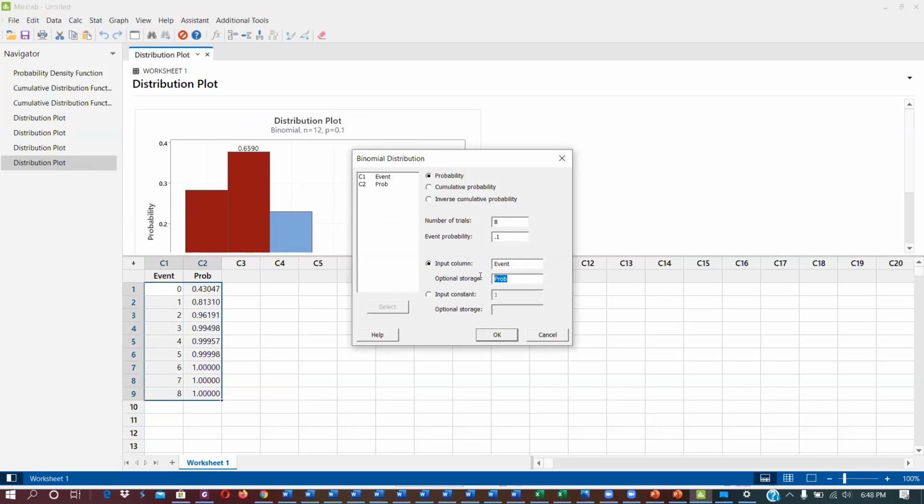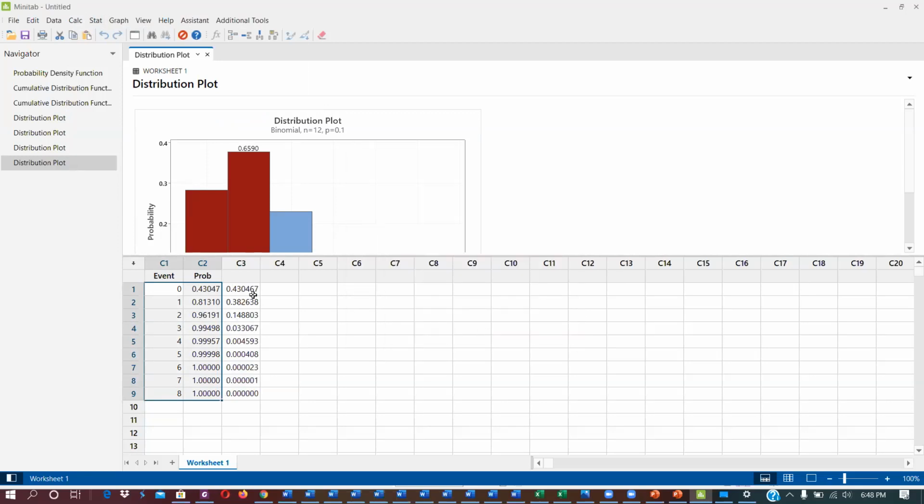Then I have to do another column, which is C3. I can say CDF, and here this is PDF. So this is exactly at 0 event. PDF and CDF are same. Here PDF is 38. This is because here it is adding previous values, and you can see this is the